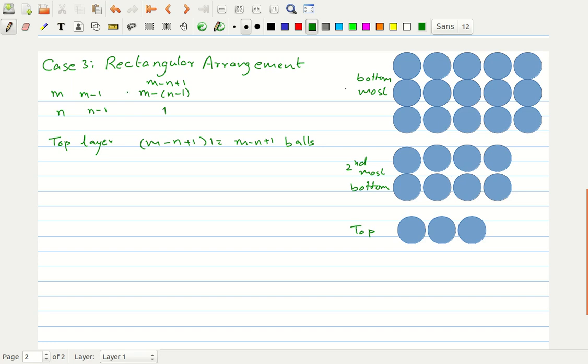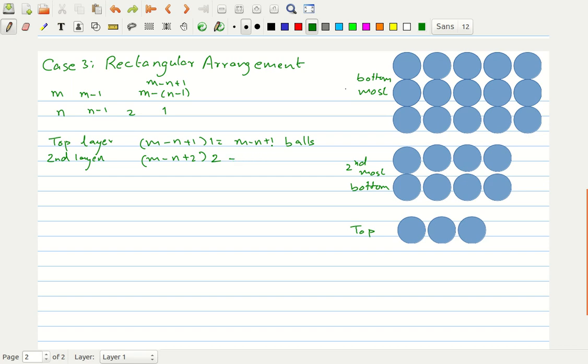Now in the second most layer you will have 2 here, and over here you will have m minus n plus 2, right? So the second layer will be m minus n plus 2 times 2,